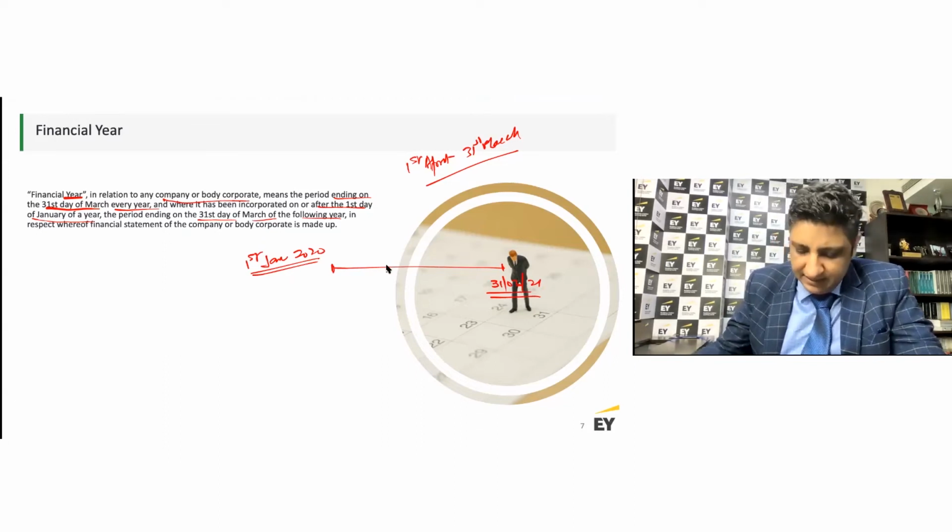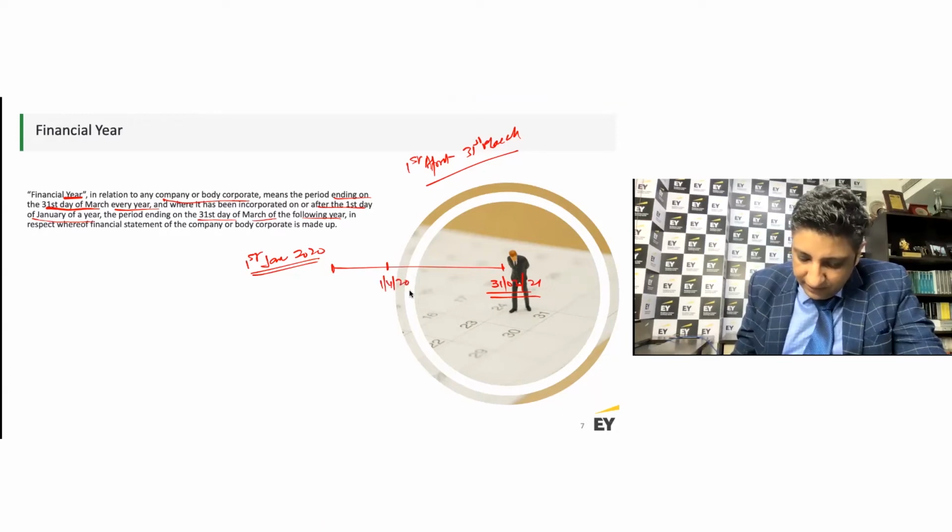Now, what does it mean? It means that if I'm sitting on 1st of April 20, which is 3 months later, and here my turnover, net worth and net profit criteria,